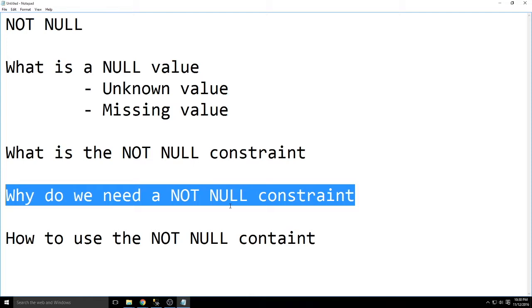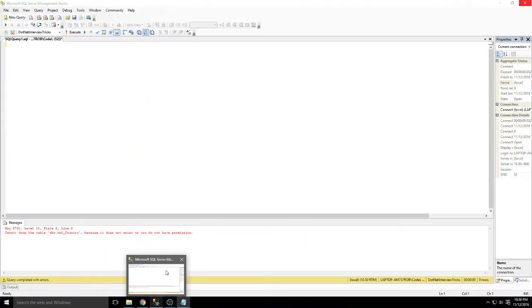And how do you use the NOT NULL constraint? Well, let's create a table and apply the NOT NULL constraint to a column. There are two different ways to do this. Of course, you could create the NOT NULL constraint when the table is created, or you could create the NOT NULL constraint after the table is created. So let's do both. So what I'm going to do is I'm going to create a table called